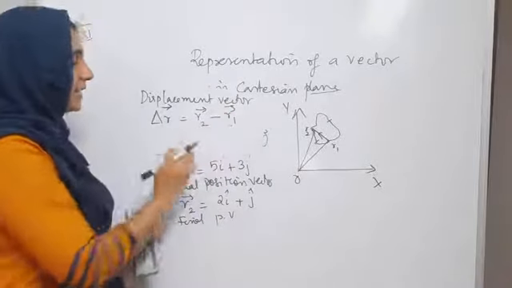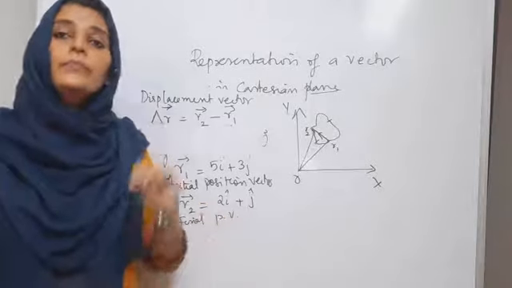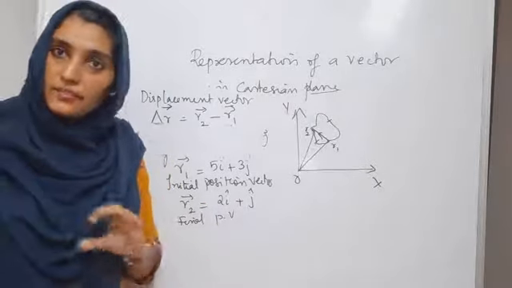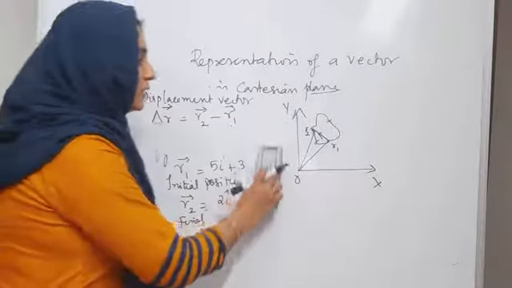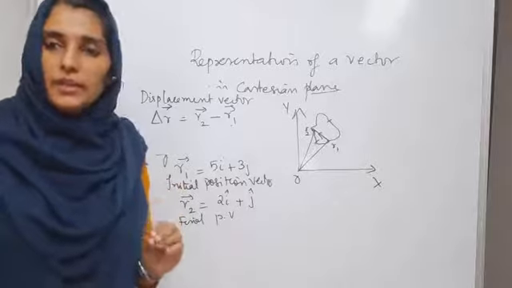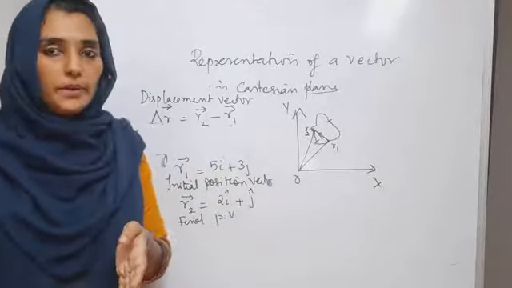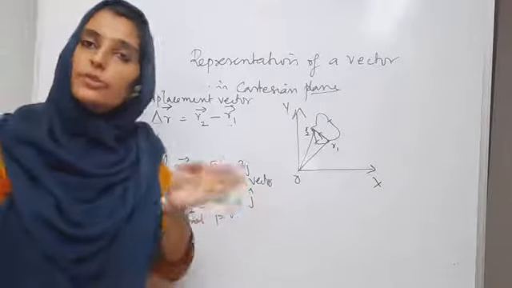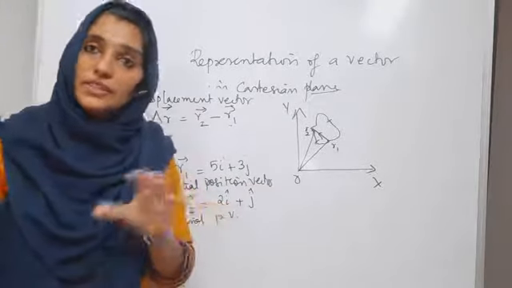So you can see that in order to get the displacement vector, you have to subtract the initial position vector from the final position vector. Now, how do you find the difference of these two vectors if they are represented in the Cartesian plane? The job is very, very easy. You can subtract the i component from the i component, or add the i component to the i component only. Also, you can add or subtract the j components together.